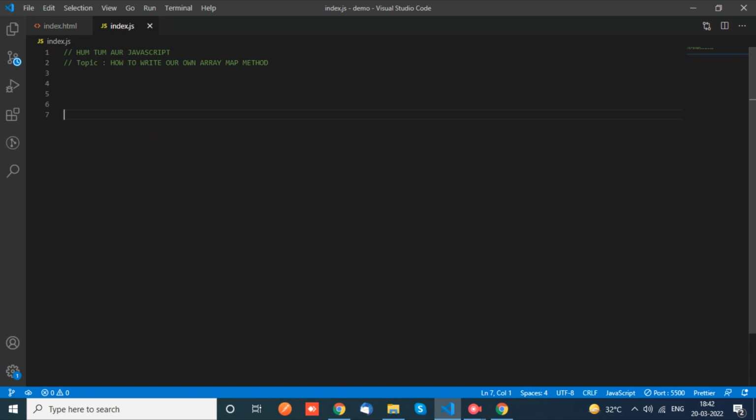So today's topic is basically we are going to implement our own array map method. Okay, so we are going to write our own map method. So let's start. If you talk about the map method, the syntax of map,